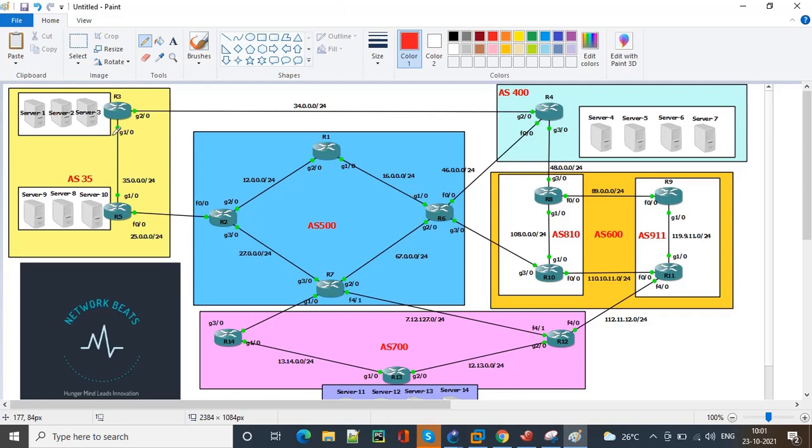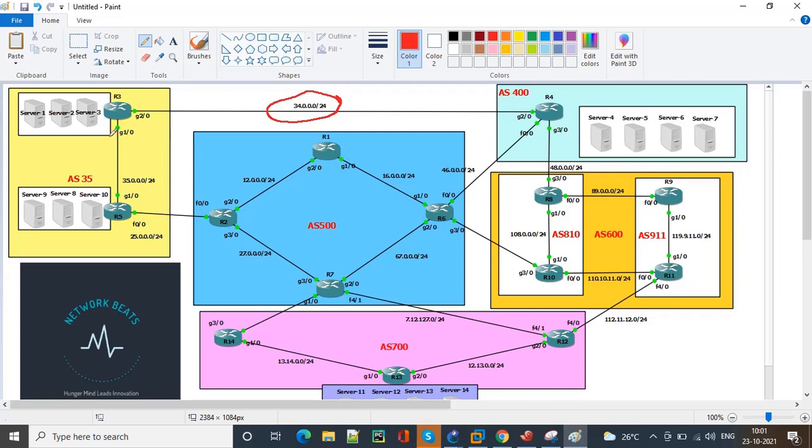Now I would like to pair R3 and R4 as eBGP neighbors, since R3 is part of AS 35 and R4 is part of AS 400. So basically they are eBGP neighbors, but I'm not going to use their physical IP, that means the IP addresses configured on the physical interfaces.